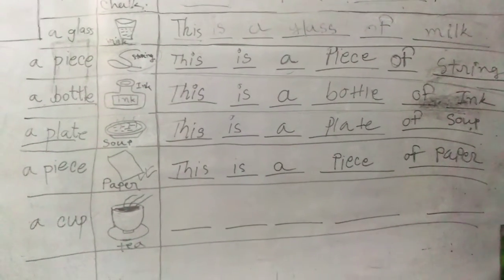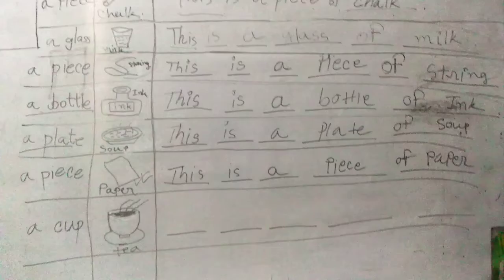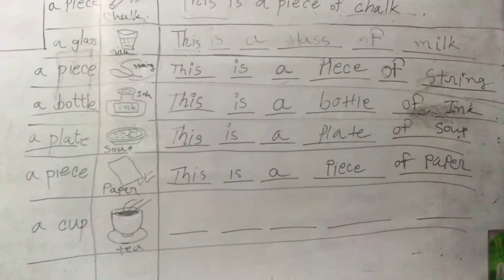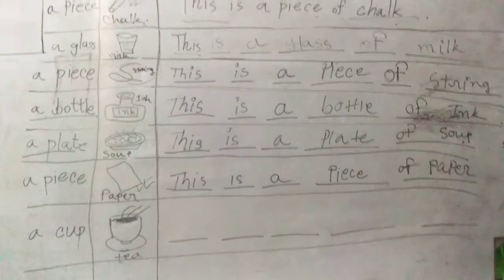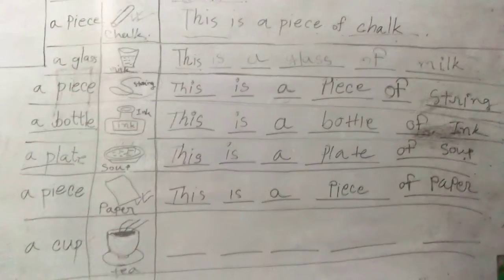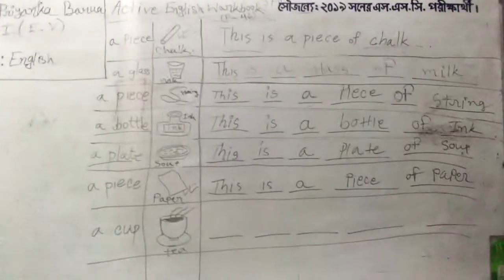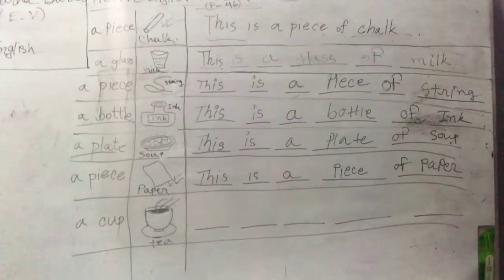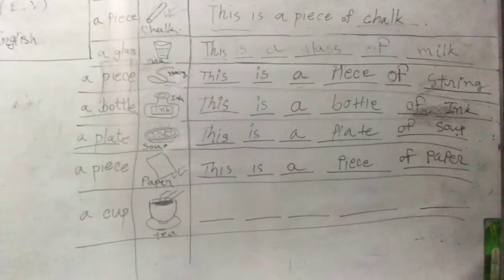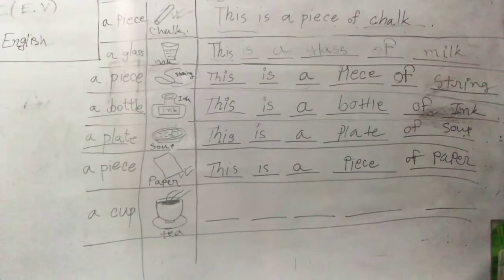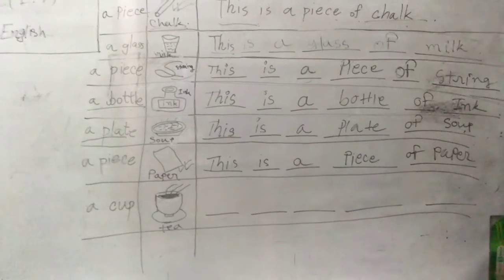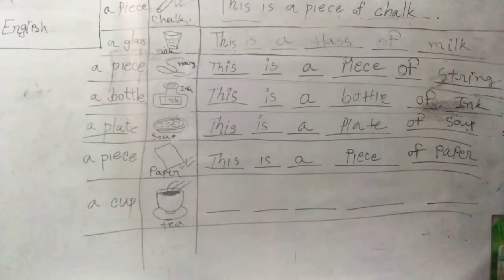We could use are, but here there's nothing to be used as are, because all the things are given in singular. All the things indicate that these are singular nouns, so for singular I have to use is. Okay, then we have to use a, because it is being used here as an article.